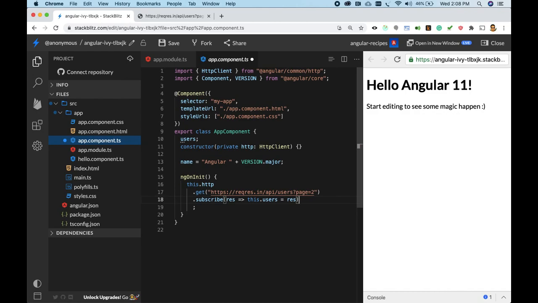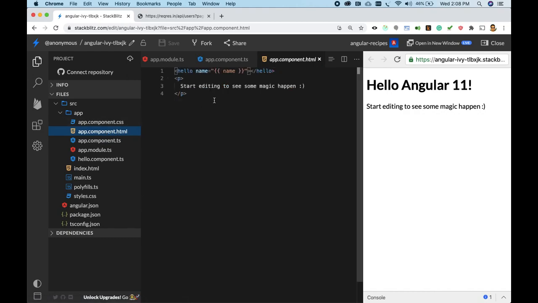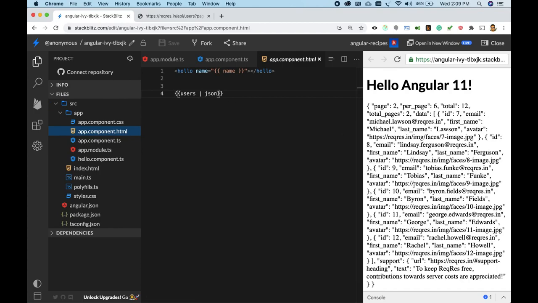We do something like this, and in the HTML I'll print users, and I'll use a JSON pipe to see what users are there, right? So you can see all the users.